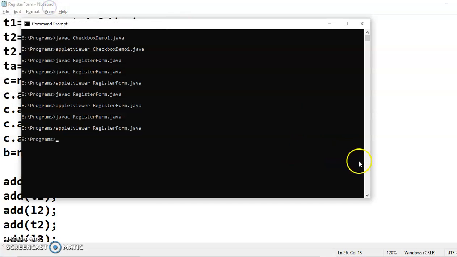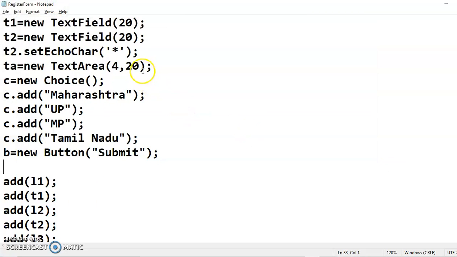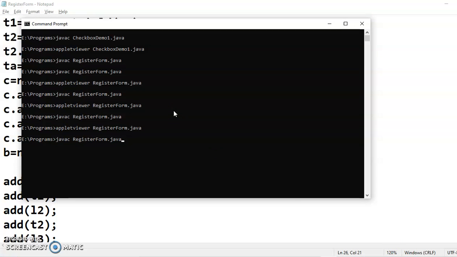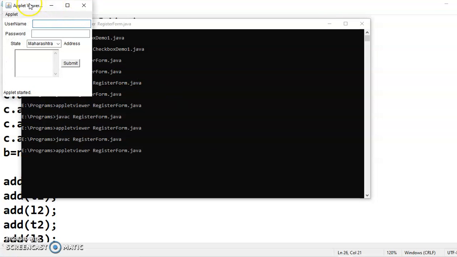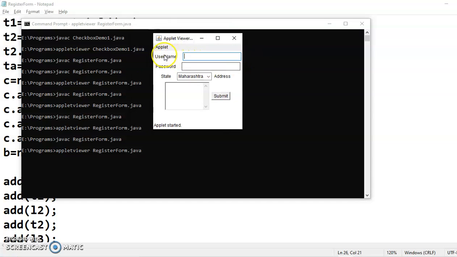Still, we have not used any layout manager, so it is not giving that proper look, but I'll try to adjust the size of the components so that they appear properly. Chalo, we'll adjust with this. First one is a username and the text field, so I can write my name. Then is a password. We have set the echo char as star, means whatever I'll enter, it should not appear on the screen. So let's see.